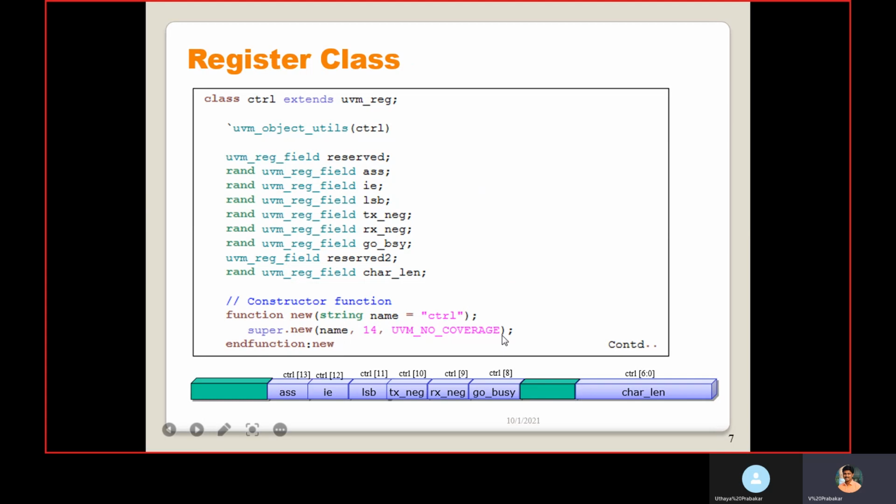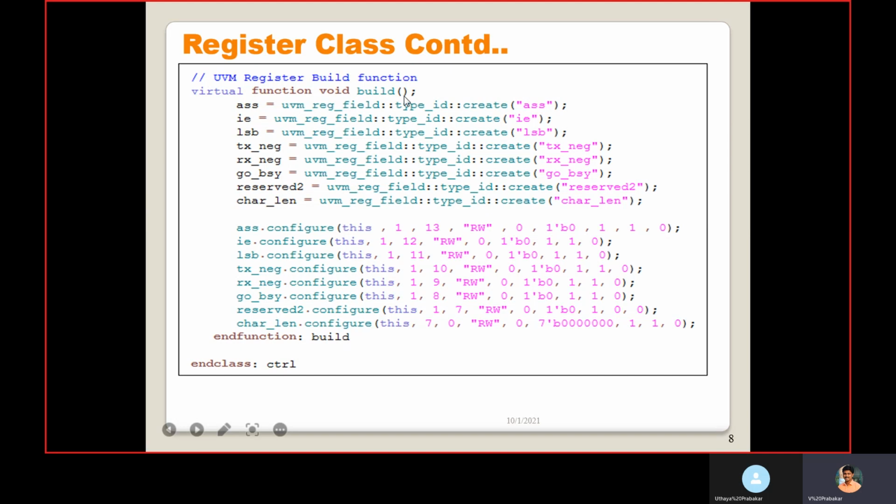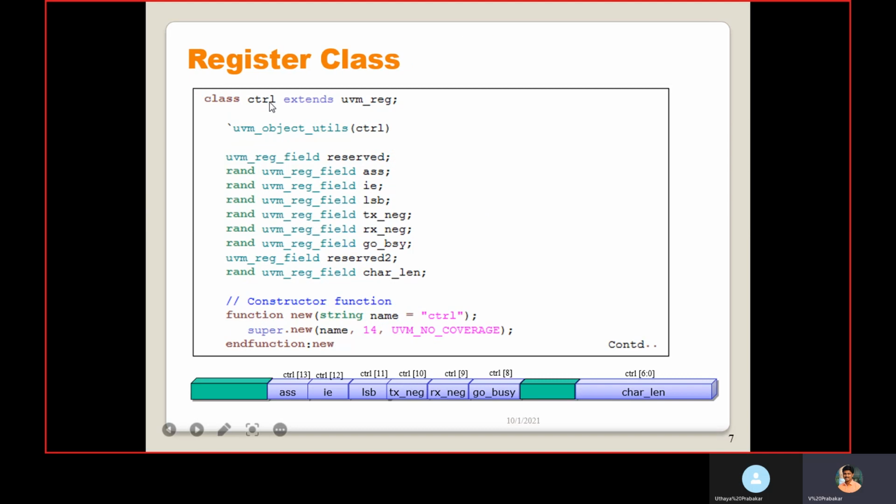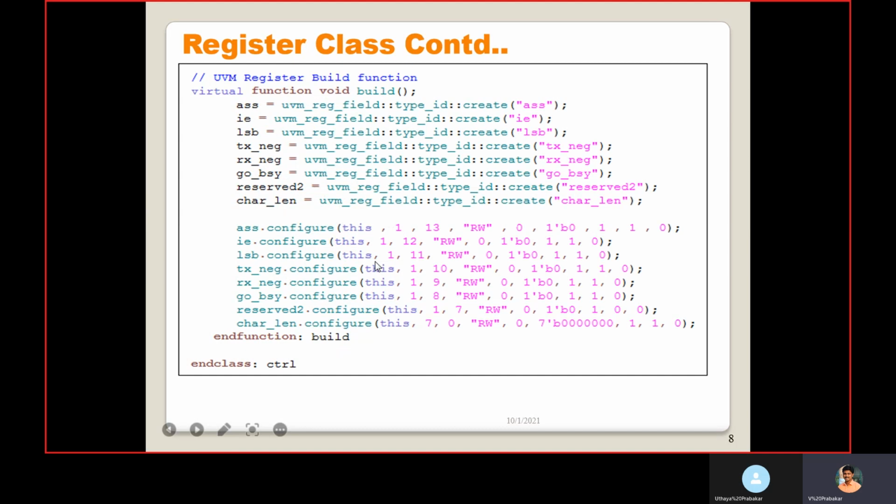Then virtual function void build. This build is not a build phase. It is a build method we are creating here. Inside this, whatever we have declared here, we need to create an object for it using the create method, and then we need to configure those register fields.